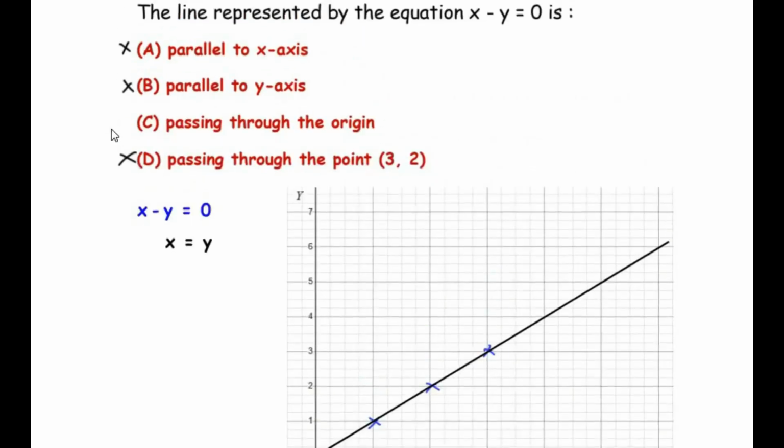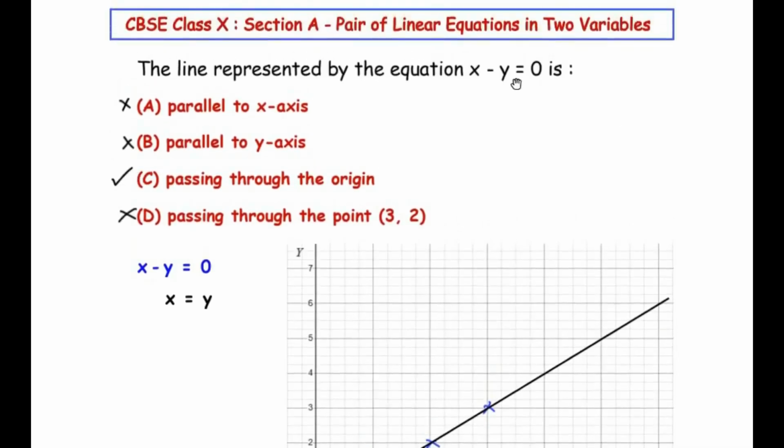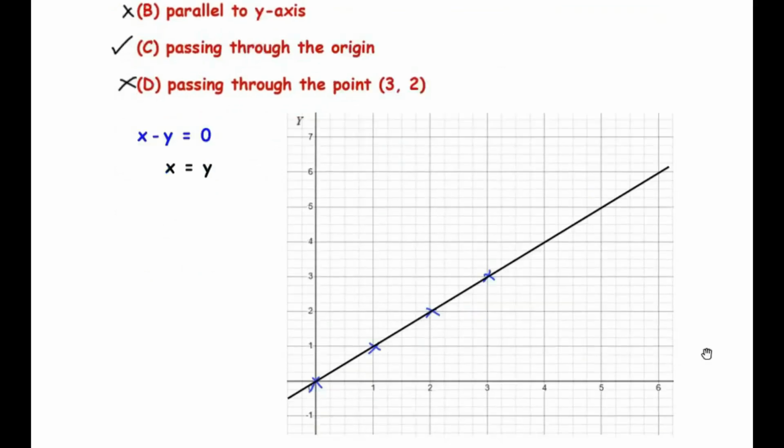So here our answer is going to be option C. That is the line represented by the equation x minus y equal to 0 is passing through the origin. Now let us move on to the next